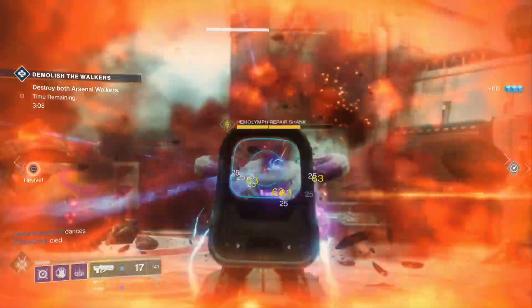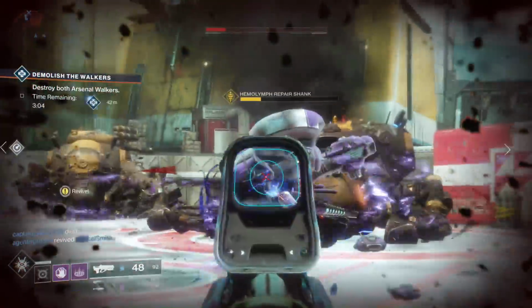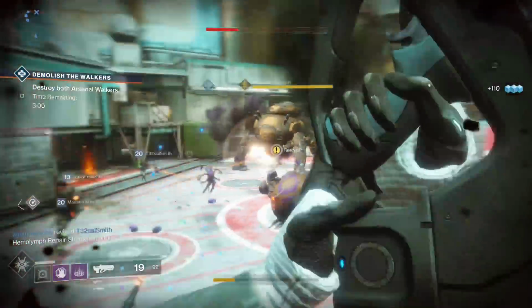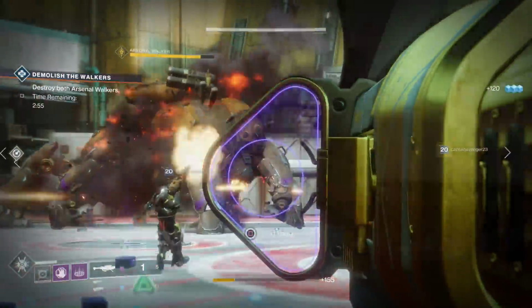The 49 round magazine is the other thing that I actually really like about Hardlight. You can fire it for a pretty long time, allowing you to clean up any extra adds left over after popping an enemy's shield. Also, it just allows you to funnel damage if you're feeling extra lazy and don't want to swap weapons. In PvP,